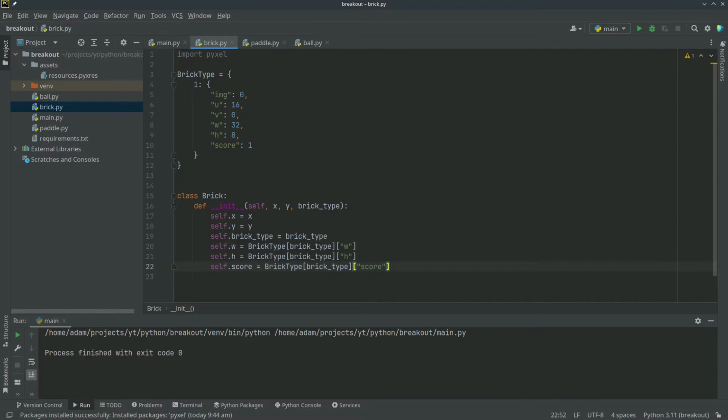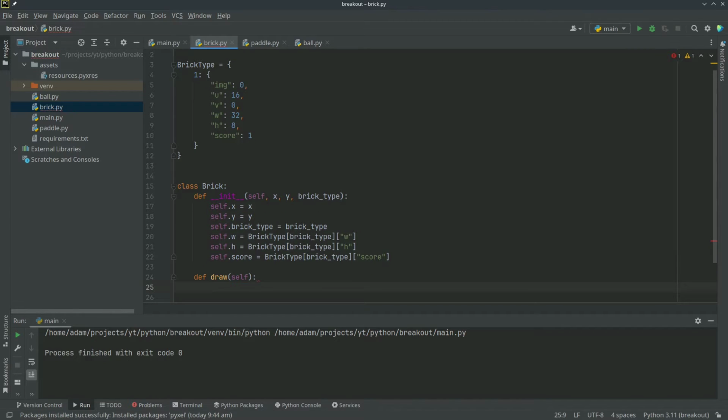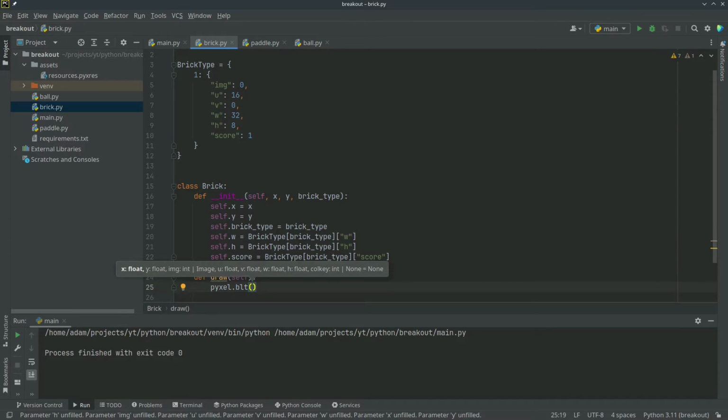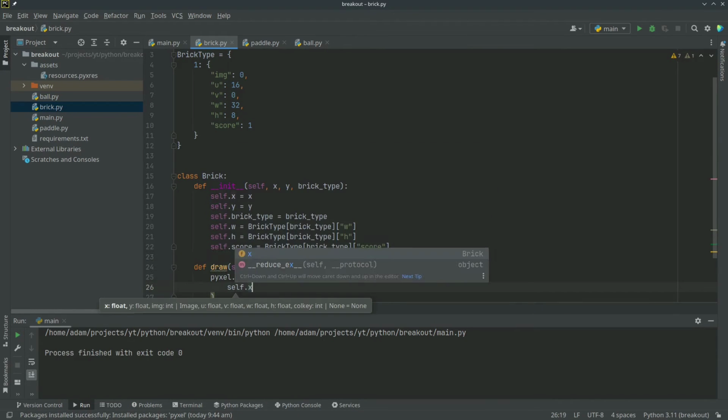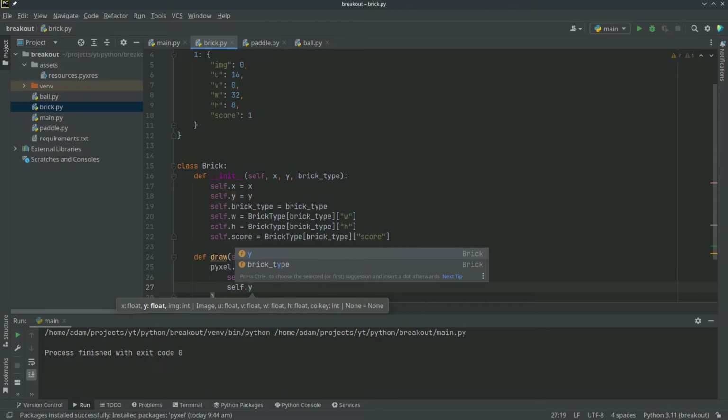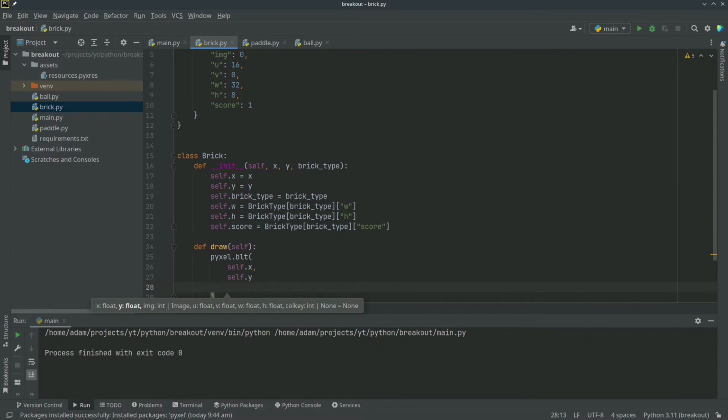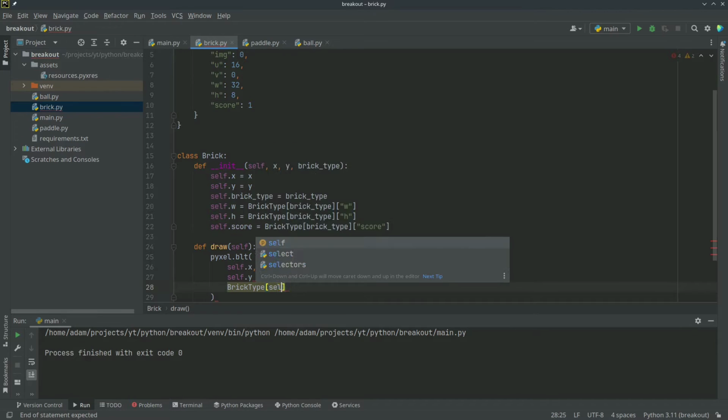Cool. Now we want to be able to draw this thing. So let's create a draw function. Now we want to blit it to the screen, so Pyxel.blt. It's a little bit long, so let's break it up. Self.x, self.y. We want the image, which is going to be brick type. Oops. Self.brick type